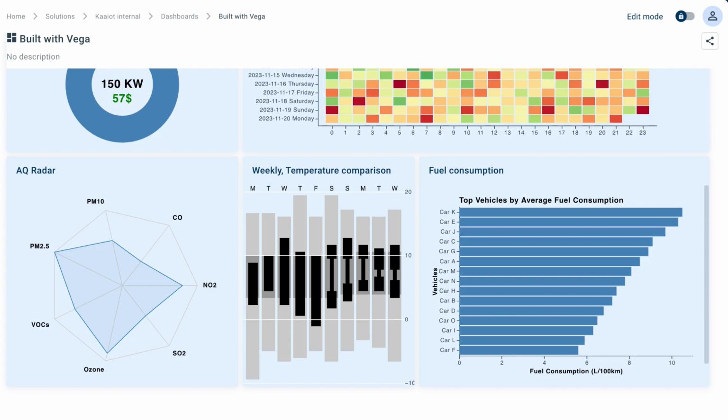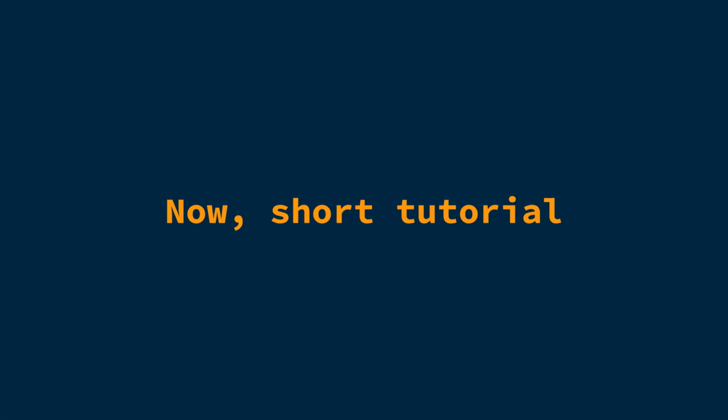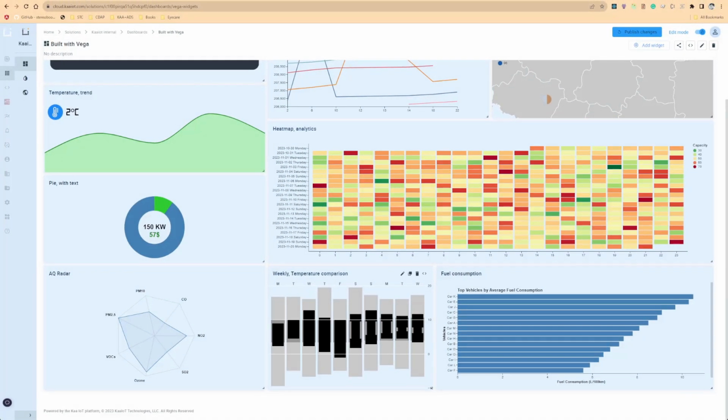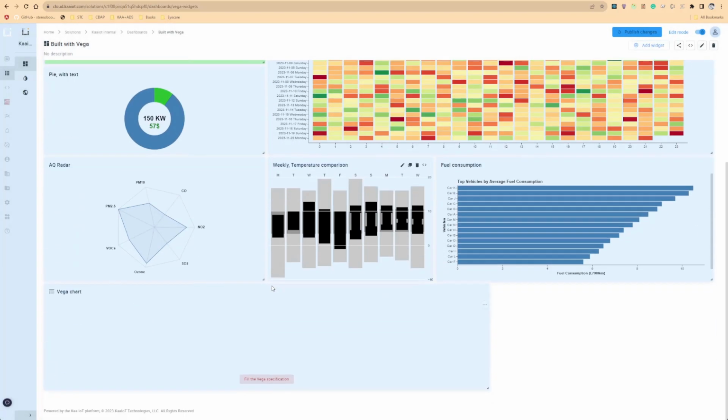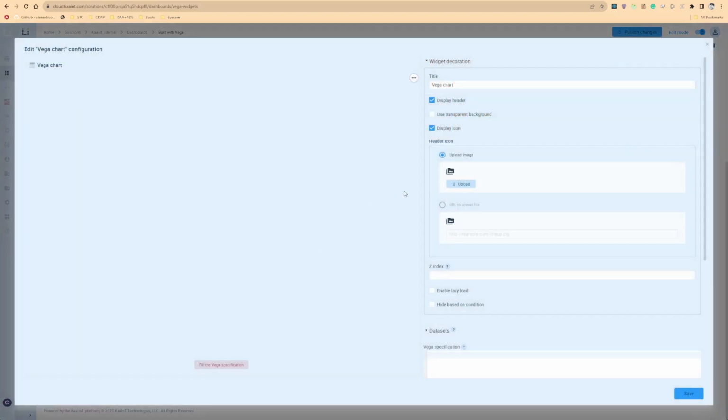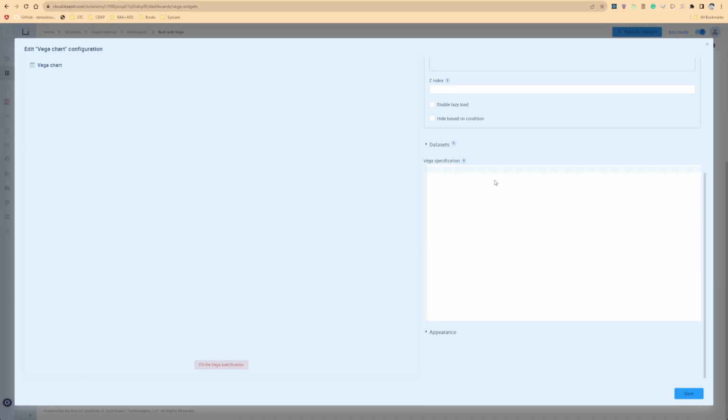Now, let's dive into a short tutorial by our engineer to see just how easy it is to harness this power for your dashboards. Okay, so let's try to configure our Vega widget. So let's go hit time series Vega chart. By default it's just nothing, but it's pretty easy to use existing examples of Vega charts and configure some